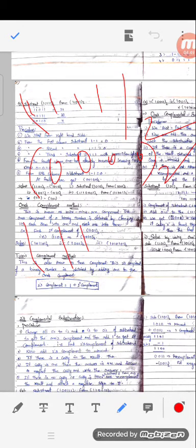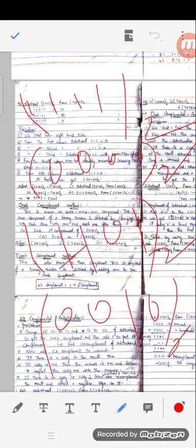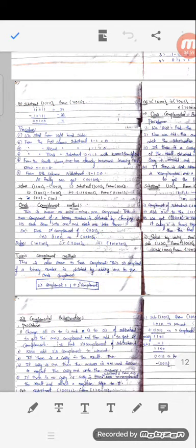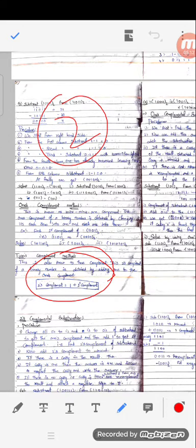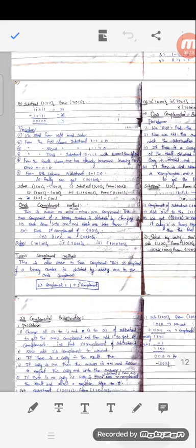If the question is 1101 of base 2, what is the answer in the one's complement method? 1 becomes 0, 1 becomes 0, 0 becomes 1, and 1 becomes 0. This is the method of calculating the one's complement for any given number. Then the 2's complement: we find it by finding the 1's complement and adding 1 to the 1's complement.